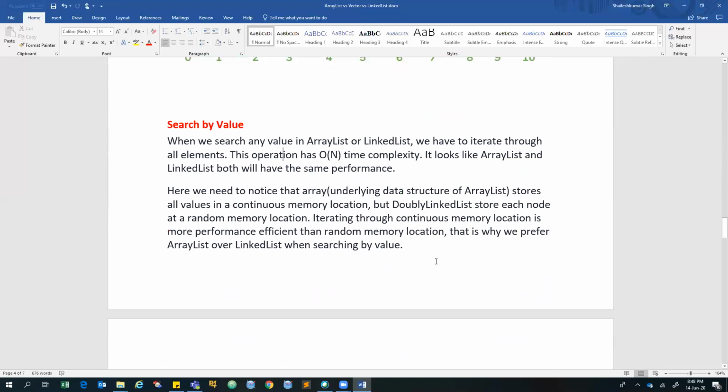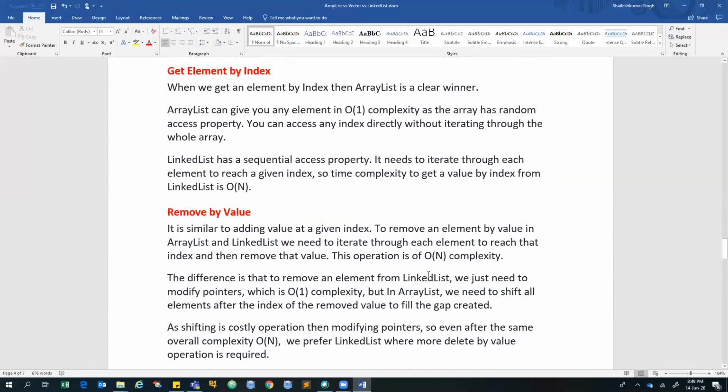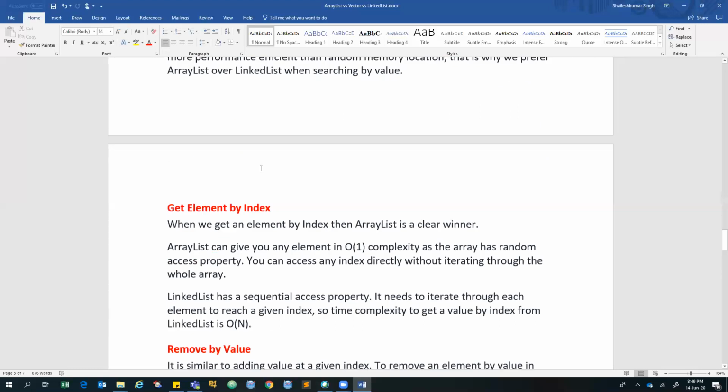So the overhead comes in the case of a linked list when we want to search an element, because it is not a contiguous allocation. In the case of an array list, as it is contiguous, caching techniques also come in, which help in faster access and searching. So we can say that in searching, the array list beats the linked list, because the memory organization is contiguous.